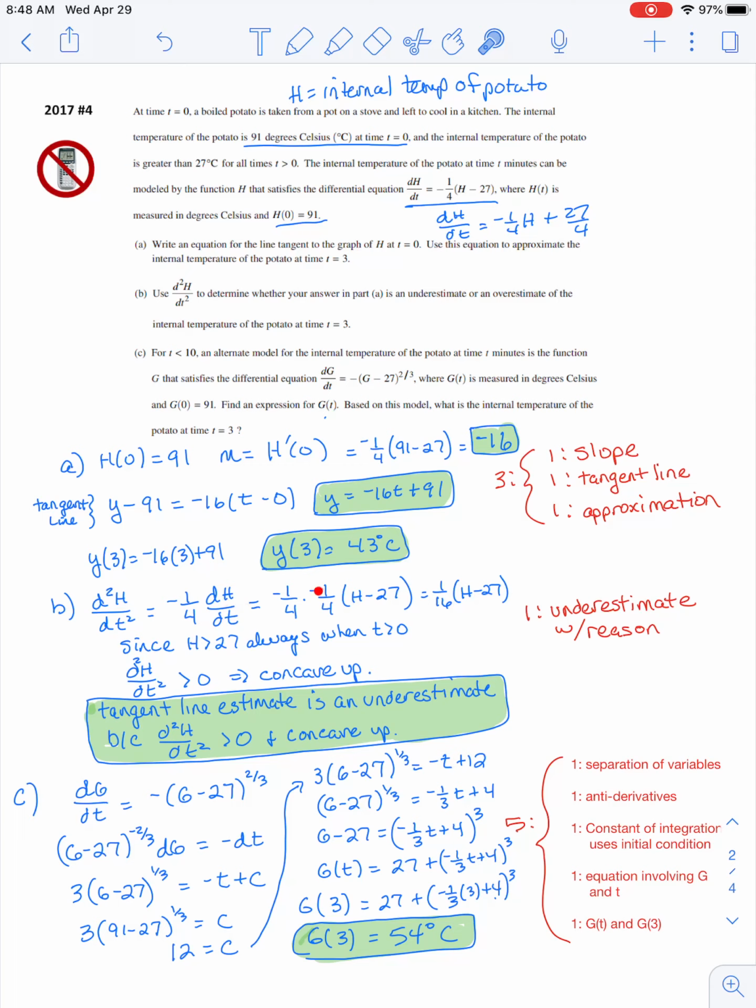And that means negative 1/4 dh/dt, I substitute back in what they told us dh/dt was, negative 1/4 (h minus 27), which gives you positive 1/16 (h minus 27). And since they told us that h is greater than 27 always when t is greater than 0, that makes this second derivative always positive. And if it's positive, it's going to be concave up. So we should know that when a function is concave up, a tangent line will always be an underestimate. So the tangent line estimate is an underestimate because the second derivative is greater